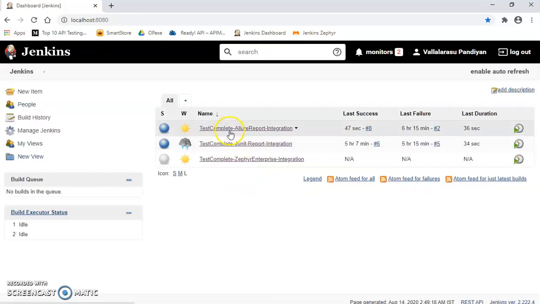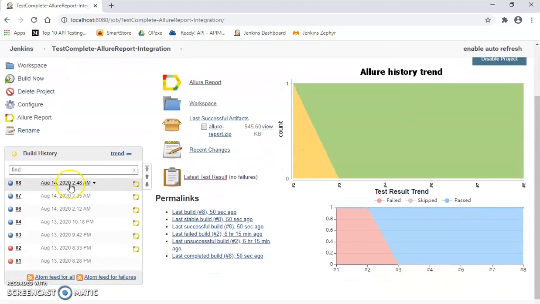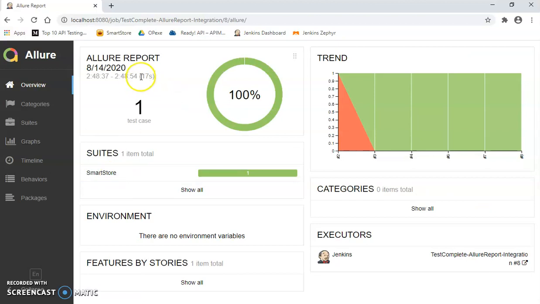Sign in. So this is my item, in which my recent build is a successful build. Because of that I'm getting this Allure report. Let me click on the Allure report. I've run only one test case, and it is showing it has been successfully executed. This also shows the history of trends depending on the builds, because I've configured the Allure report with respect to the workspace. I'm getting this trend: build 2 has a failure, but builds 3, 4, 5, 6, 7 and 8 have successful build executions.